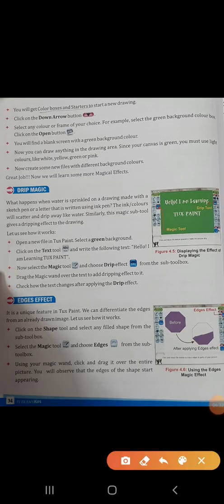By using this edge effect, when we move the cursor on this particular image, we can slowly see which shape and which edge is used in this particular picture.